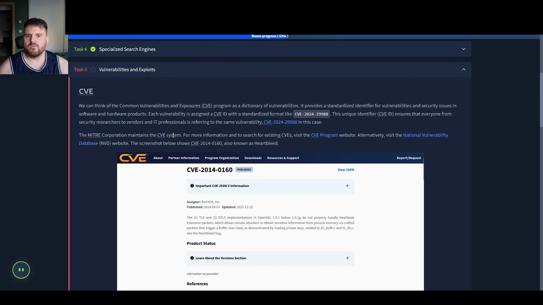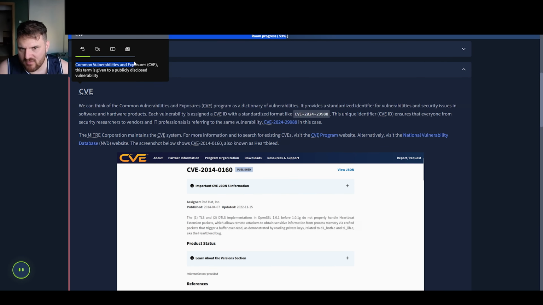Task number 5, vulnerabilities and exploits. We have the CVE, Common Vulnerabilities and Exposures. This term is given to a publicly disclosed vulnerability, meaning that it just precedes the vulnerability with the CVE acronym, the date that it was found, and I believe